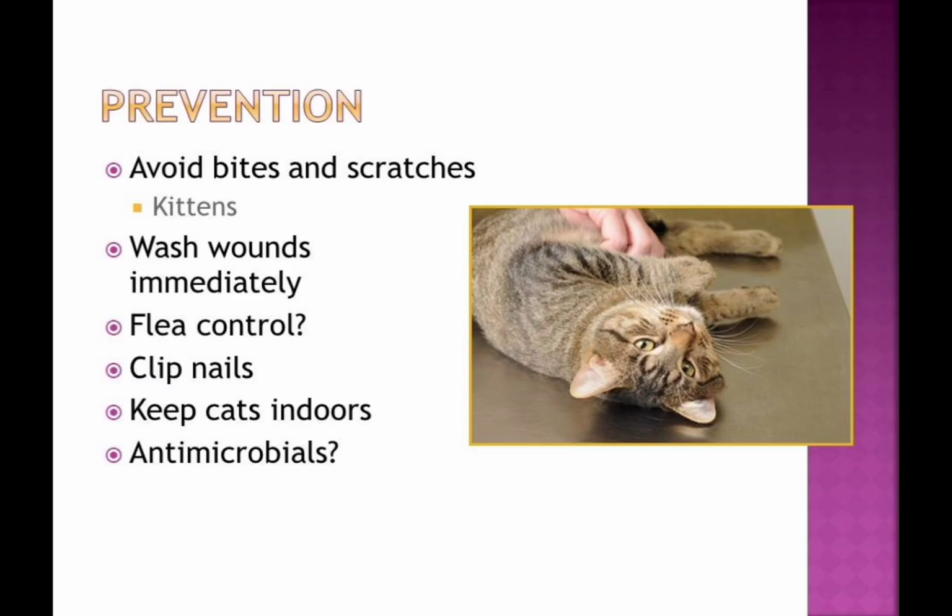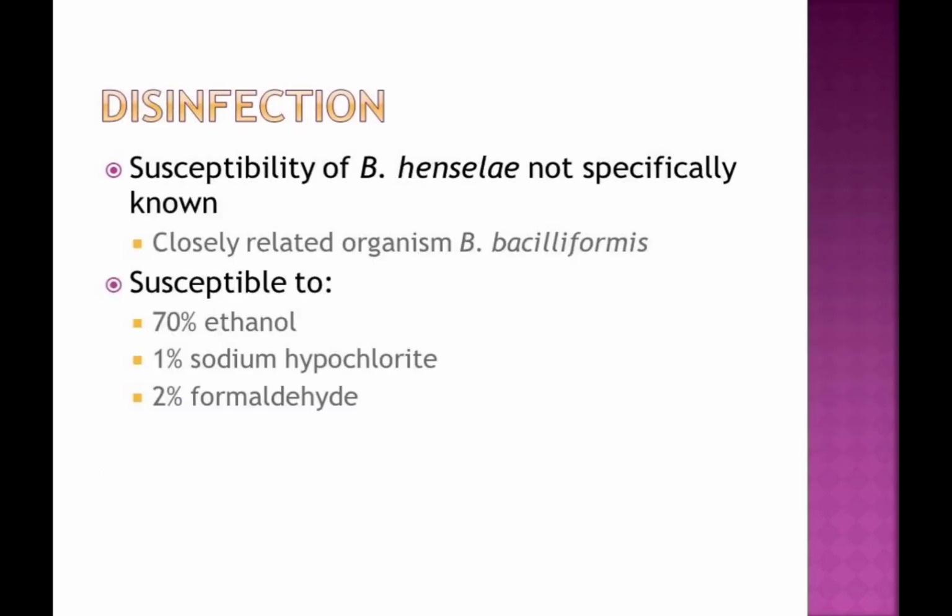Preliminary data suggests antimicrobials may be able to clear the bacteremia in cats. However, it is unknown whether these cats are susceptible to reinfection or recrudescence. The disinfectant susceptibility of Bartonella henselae does not seem to have been published. However, the closely related organism Bartonella bacilliformis is susceptible to common disinfectants including 70% ethanol, 1% sodium hypochlorite, and 2%